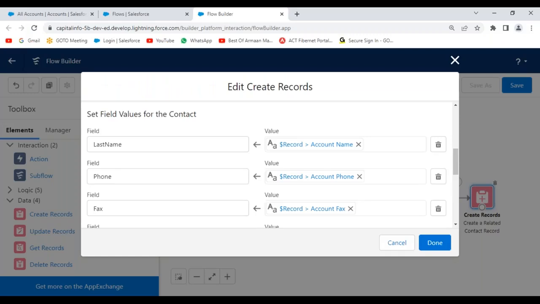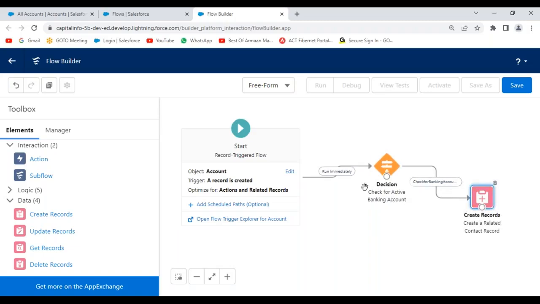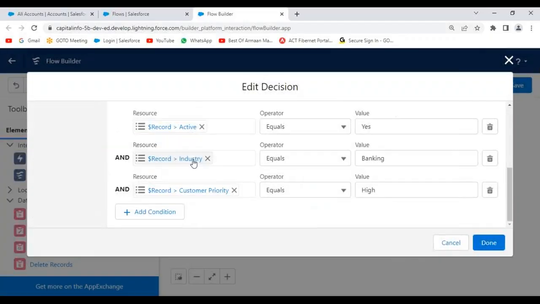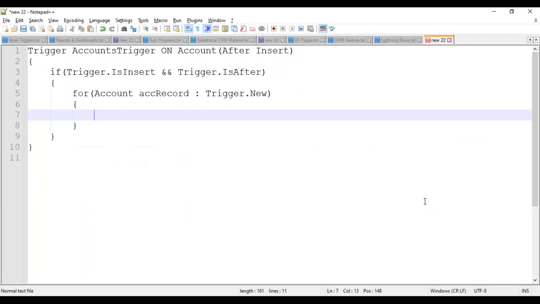Now we have to check the condition. Here we have prepared the condition. We are checking if the record has active status equal to yes or not, if the record has industry banking or not, priority equal to high or not. So we need to check the conditions here. If ACC record dot active status is equal to yes, and ACC record dot industry equals banking,